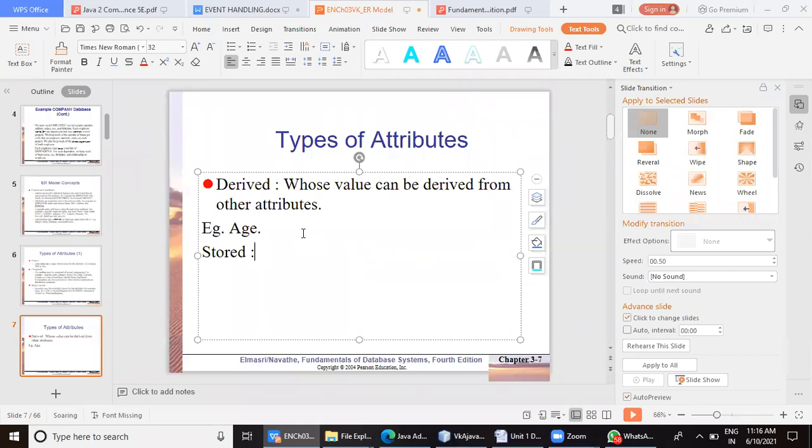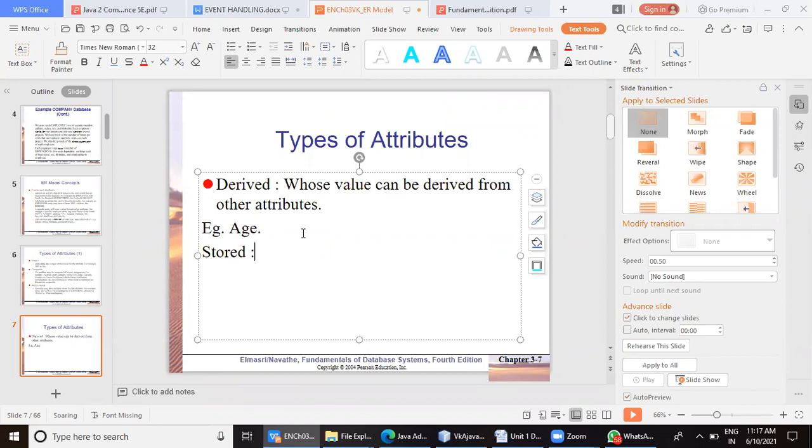Or you can say if basic salary is defined, and we say your provident fund is 12% of your basic salary, then when the basic salary is known, you can calculate provident fund.